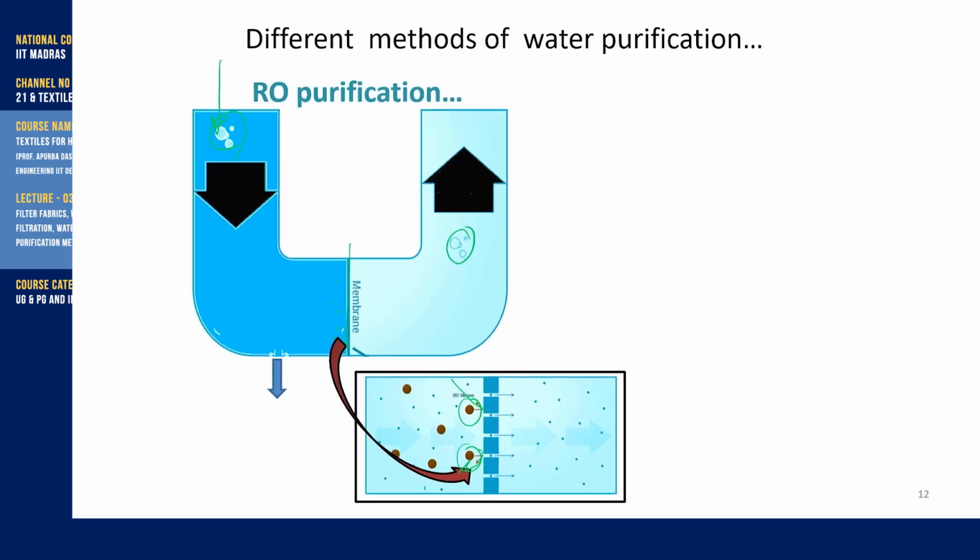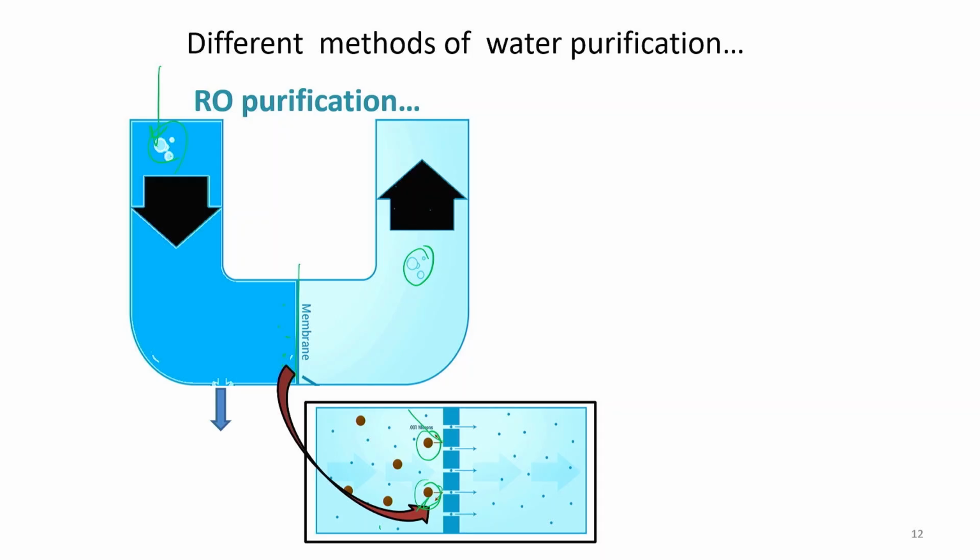So, in the reverse osmosis system, the advantage is that the settling of the particle will not happen easily. They will get bounced back, keeping the membrane pores always open for water to flow through,